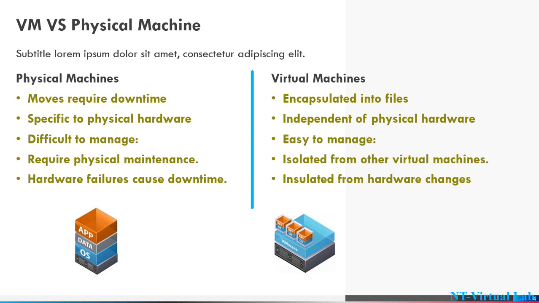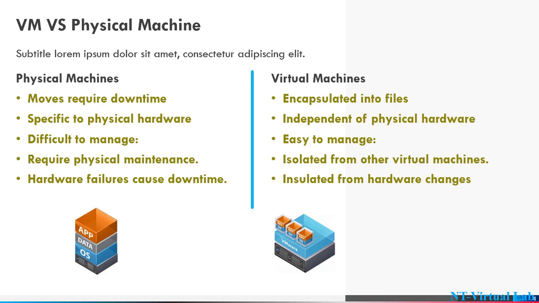A physical machine requires some specific physical hardware, but a virtual machine is completely independent of physical hardware. It doesn't matter whether your host uses an SSD hard drive or a normal hard drive, or DDR4 RAM or DDR3 RAM. It's completely independent from the hardware. It's hard to manage physical machines, but you can easily manage virtual machines. If you have multiple virtual machines, you can manage all of them through a single console. But to manage multiple physical machines, you need to sit in front of each machine and then you can manage it.